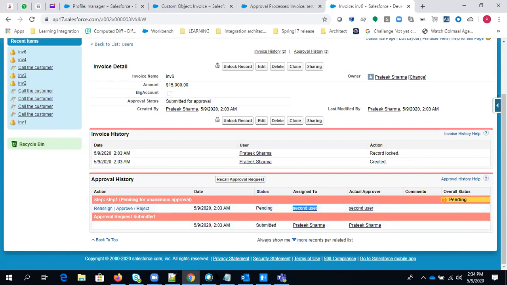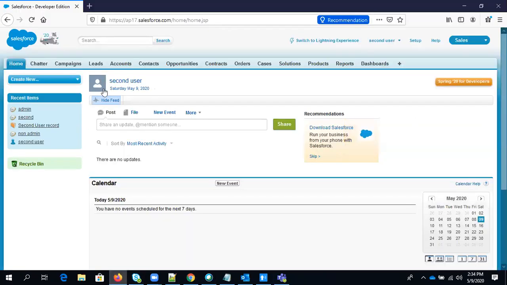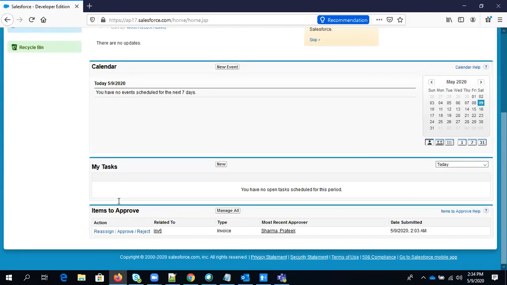So right now, let's go back with this user, and in the home section, items to approve, and you can also get this information on a particular record as well. But on the home page, we have added this in the home page layout. We have discussed it, right?